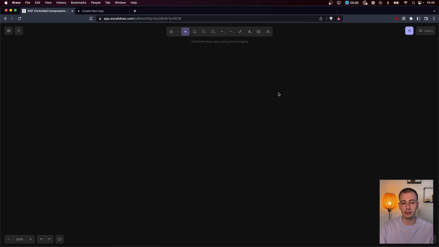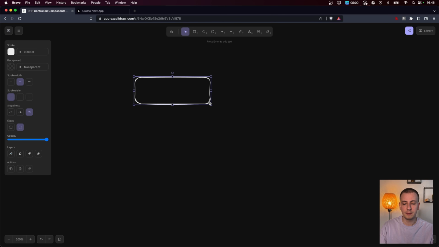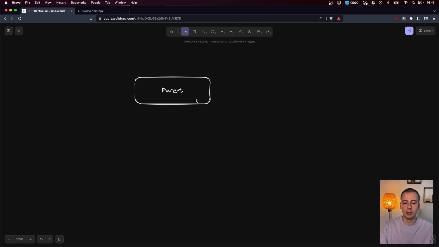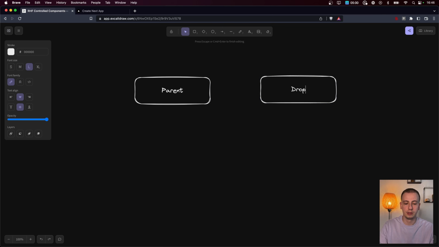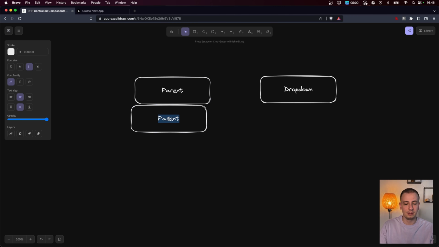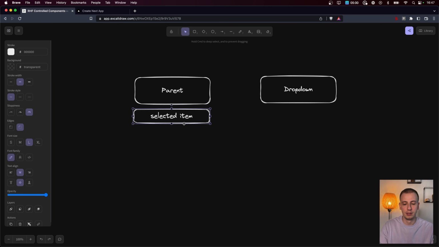Before we continue, I want to make a distinction between controlled components and uncontrolled components. A controlled component is a component that has some properties that dictate what it renders, and those properties are handled by a parent or ancestor component. So let's say we have a parent component and a drop-down component. If the parent holds inside its state, or somewhere in a context or global state, the selected item that needs to be shown in the drop-down and sends it over as props,